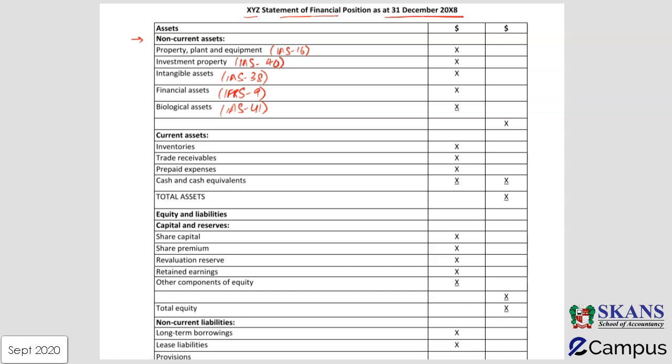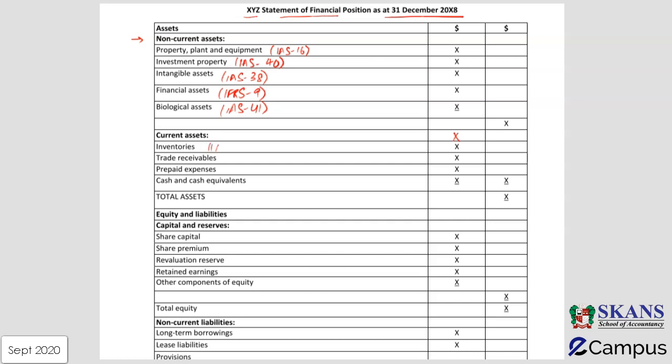By non-current, we mean the assets which are going to give benefit to our business for more than 1 year after the reporting date. Reporting date is the baseline from which non-current assets, current assets, non-current liabilities and current liabilities are differentiated from each other. Then we come to the topic of current assets. In current assets, we have inventories.